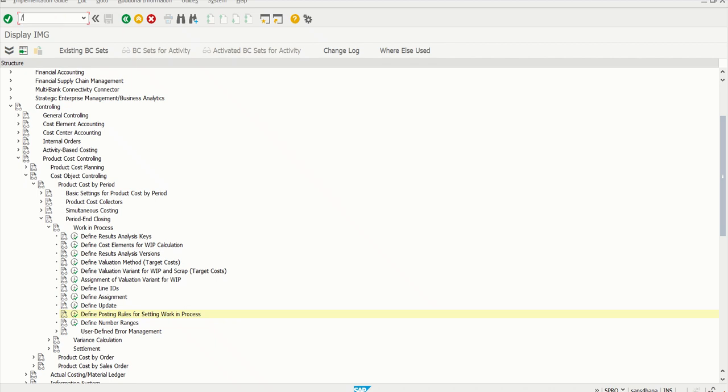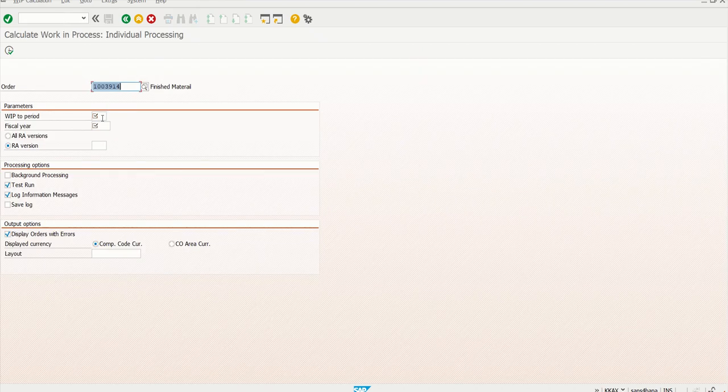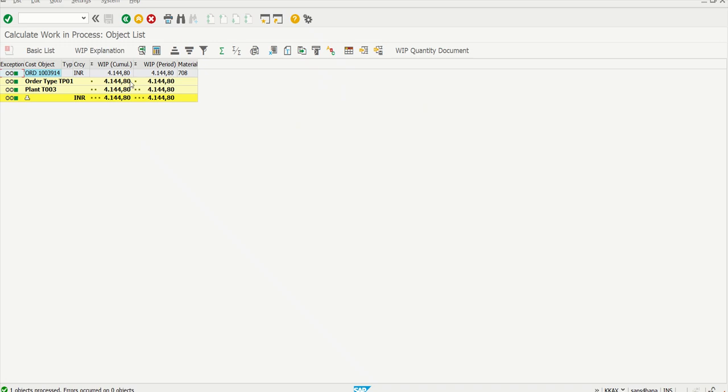Now I am going to do the WIP calculation. KKAX is the transaction code. So this is the order number, period 2 2020, RA version 0, and execute. Here we can see this is the total balance on the order. When we are doing the WIP calculation, the system is taking the balance on the order and updating it as the WIP.